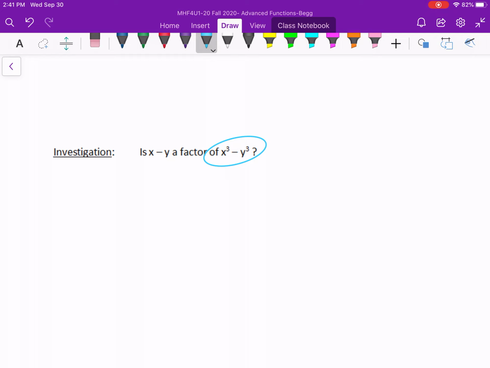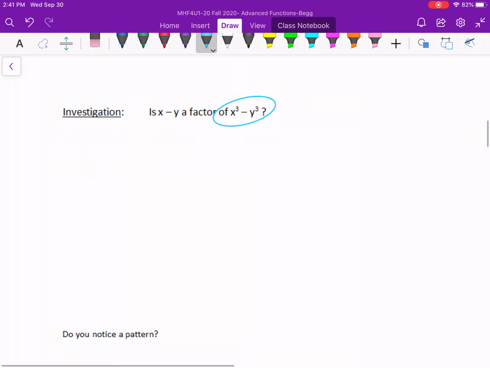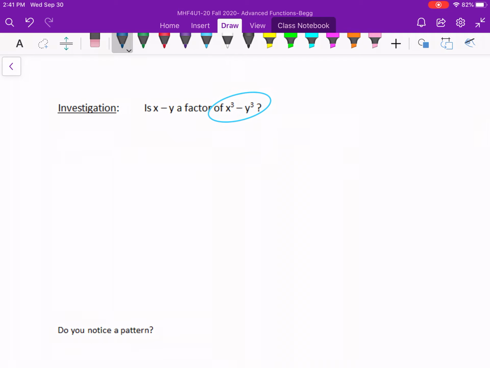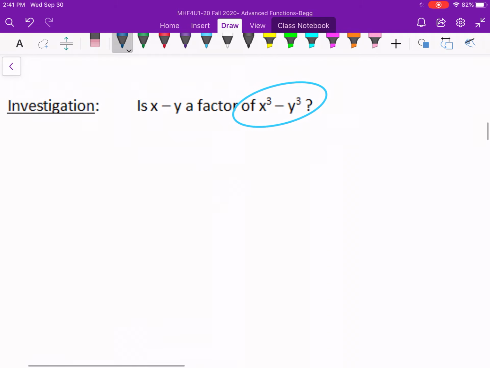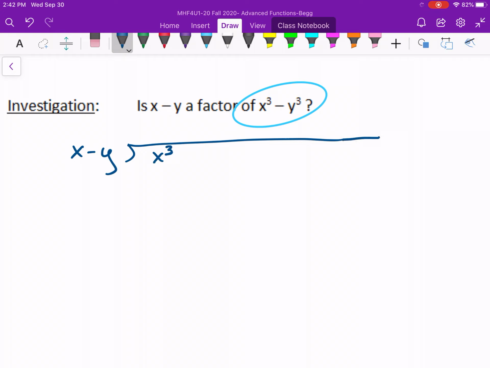We can't use synthetic division in this case, though, because we got these two variables going on. This is a case where we're stuck going back to long division. But that's all right. It takes a bit more work, but it will work. So for long division, my divisor is x minus y. My dividend is x cubed. But remember, we have to put placeholders in here again. So I'm going to have minus y cubed on this end, but think about all the terms that would be